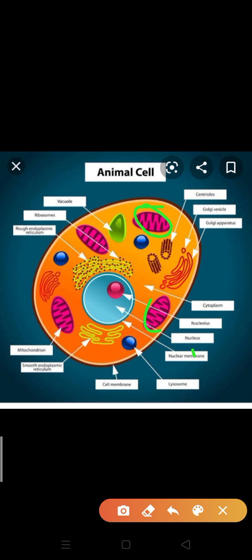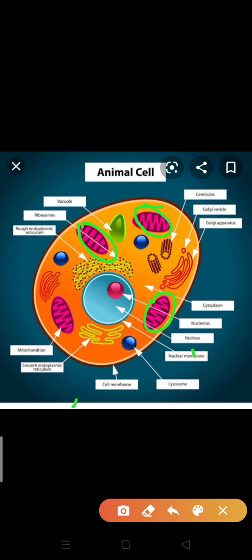These are the mitochondria. Okay, singular it is known as the mitochondrion, and plural it is known as the mitochondria. So mitochondria is a double-layer bounded granular structure. You can see the outer layer is very smooth in the case of mitochondria, but the inner layer has finger-like projections, and it is known as the cristae.